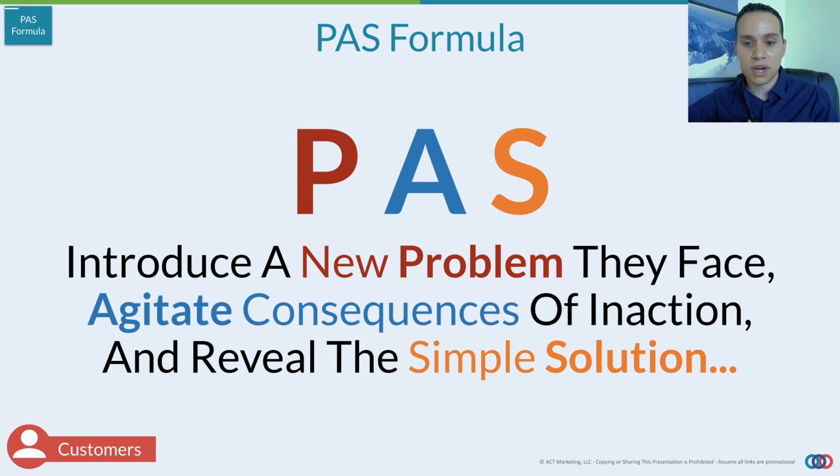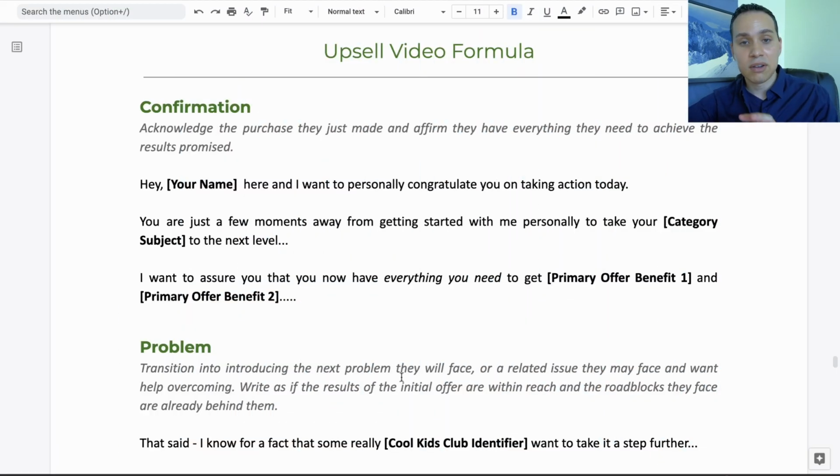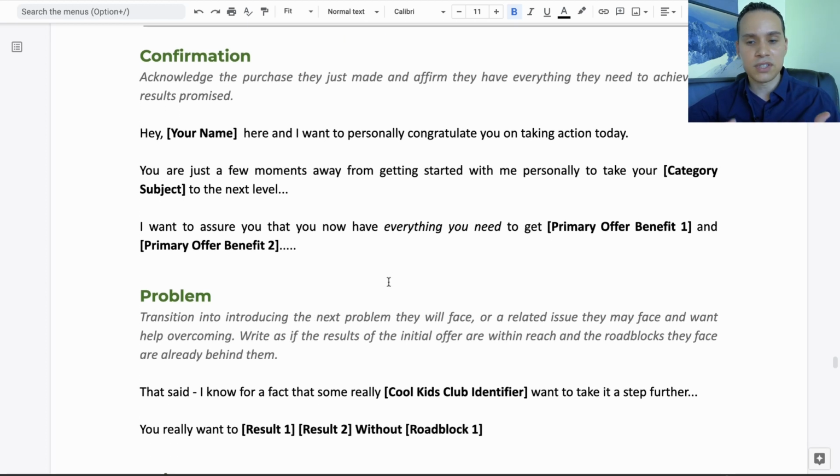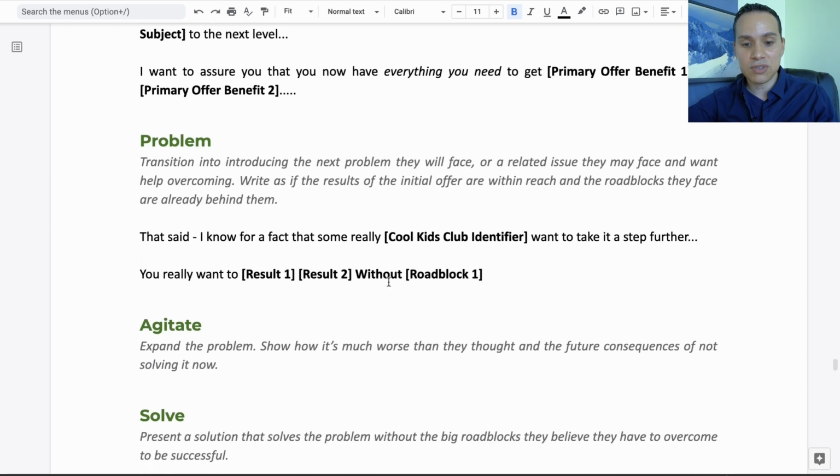So jumping over to our sales funnel organizer here, here is the complete layout of how you would write this 3-minute video. So you start with a confirmation. That's not part of the PSA framework. This is just for the upsell. And you want to congratulate them on taking action and let them know they're a few moments away from achieving the results that were talked about in your sales messages, right? So reaffirm their decision to purchase. And then we transition